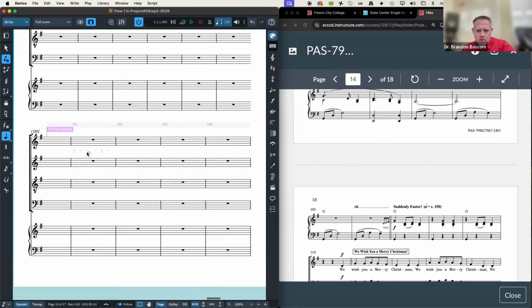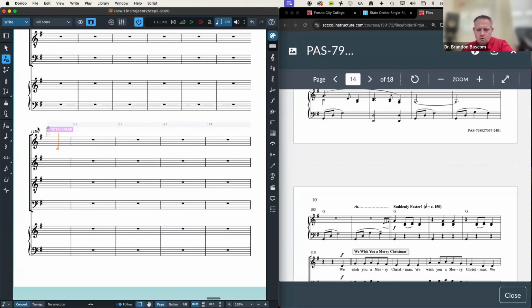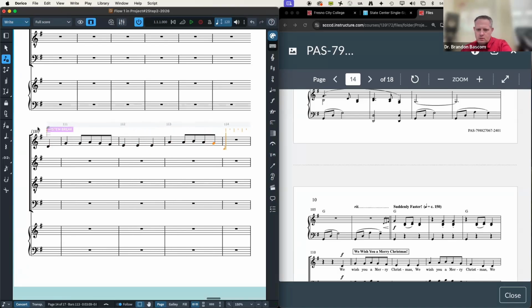Crescendo, you select the note that you want to start, and then right here on your homepage, down here it should tell you what version you're on. We have the exact same version. So yeah, it's the note you wanted to start on, and then the note right before you want it to end. And then you go into that palette,